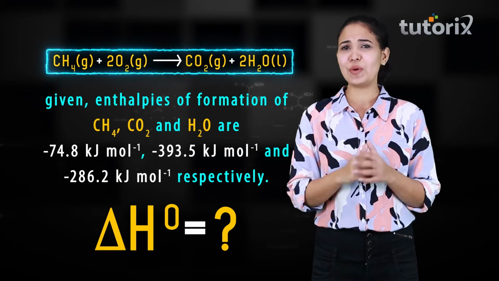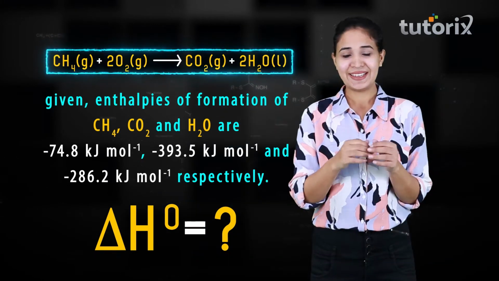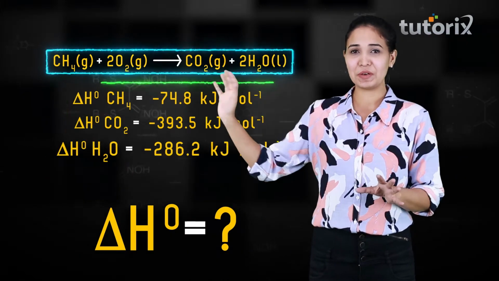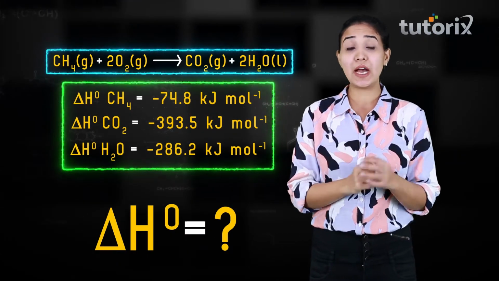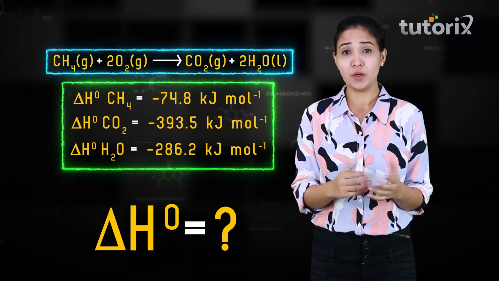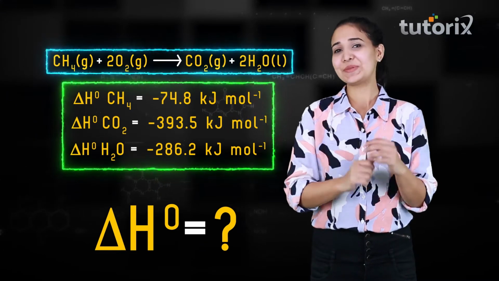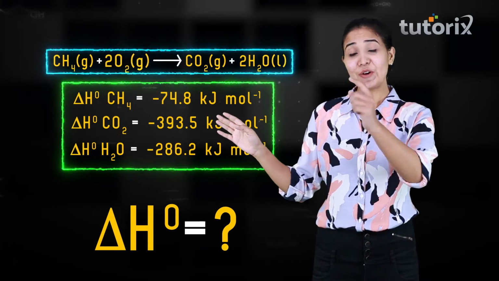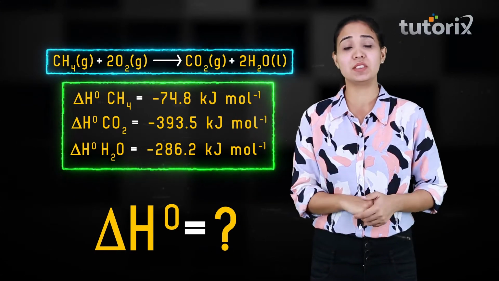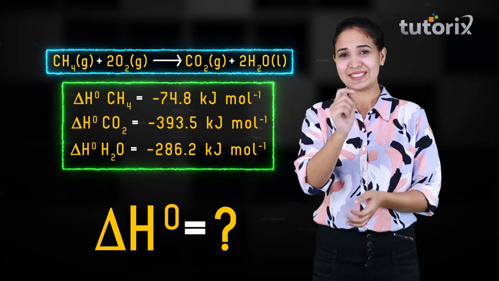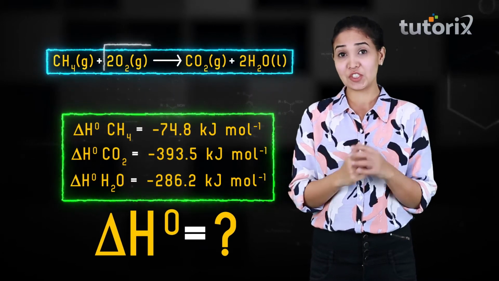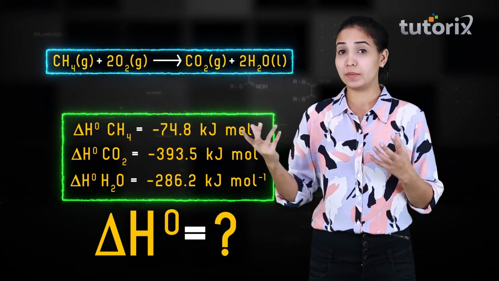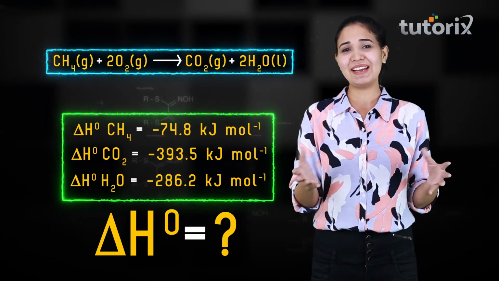Now if I ask you how to approach this. Now guys, as I always say, first of all, just pick out the values. And these are the values which are given for 1 mole. Of course, we know that. Then there is one more thing that you might have noticed in this equation. That is, oxygen is present in the elemental state. And what does that mean? That simply means the value for oxygen is going to be 0. And apart from that, all 3 values are being given to us. So let's just apply the formula.